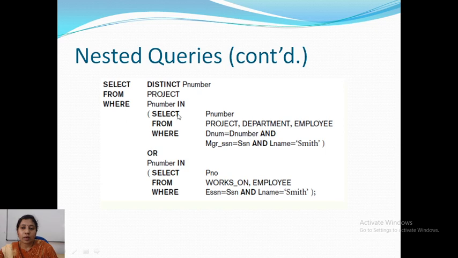For the project number we use the IN operator, which compares the project number with this set of values: the projects on which Smith works, and the projects carried out in a department of which Smith is the manager.